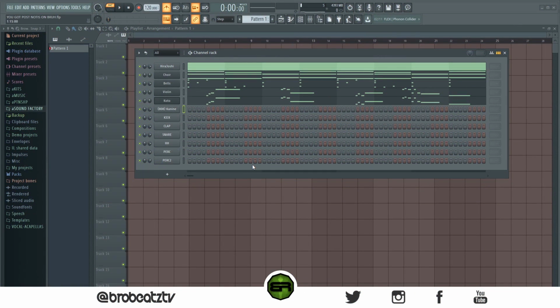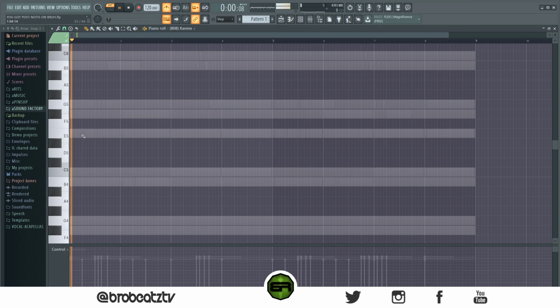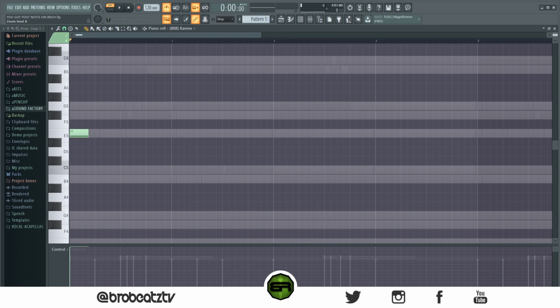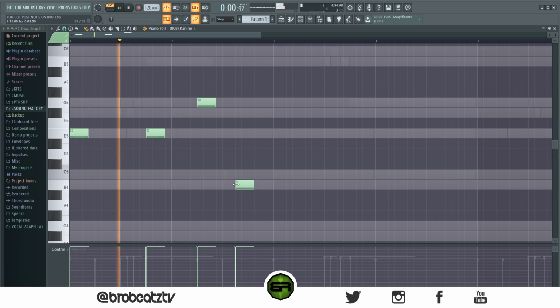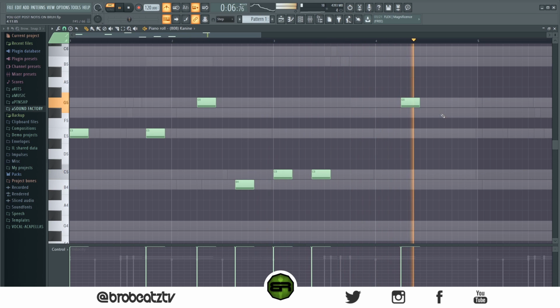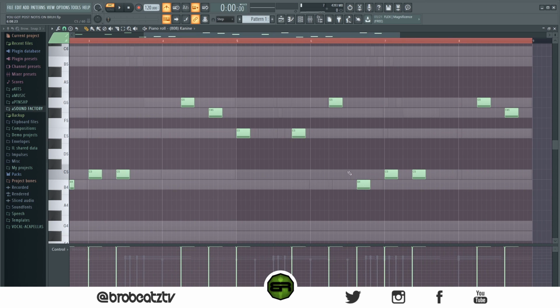All right, so our melody and chords are done. So now let's make our 808 and our drums. Let's go up in here. Okay, so that's a good spot. So let's start here, and I'm gonna zoom out just a bit so you can see. Actually, I'm gonna zoom in a lot more. Copy that over,